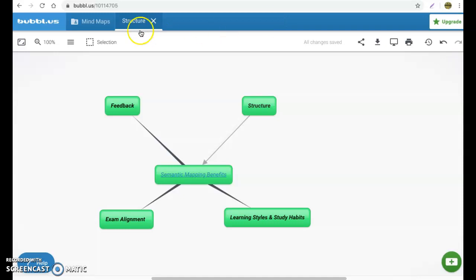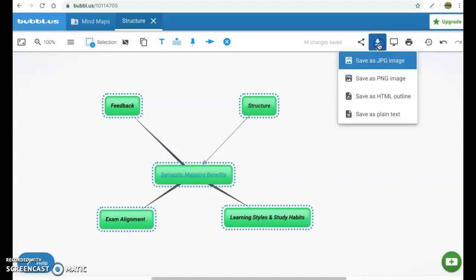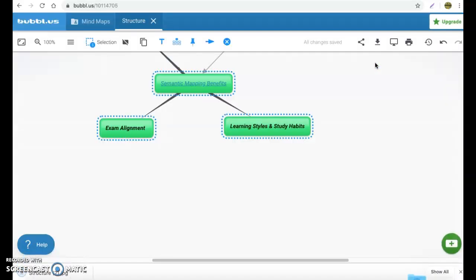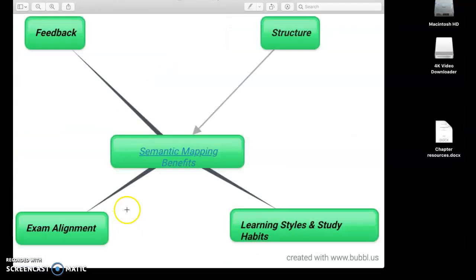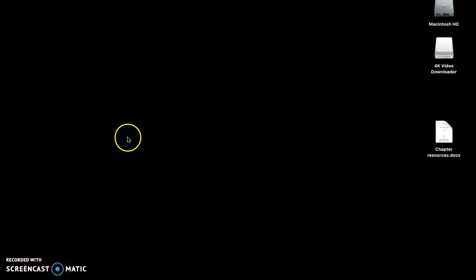So very simply, select all, come here to the download arrow, select save as JPEG image, and that will automatically download into your downloads on your computer. If you click on that in your browser, it will open up. Here it is. If you are unable to do it that way, another option is going to your Finder,